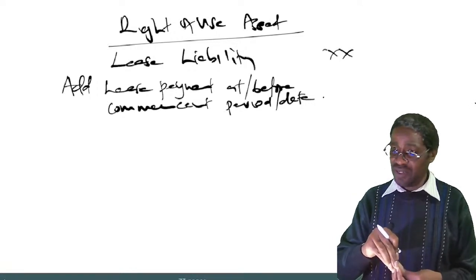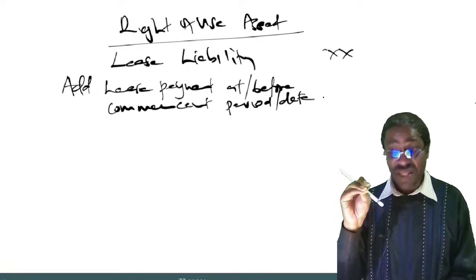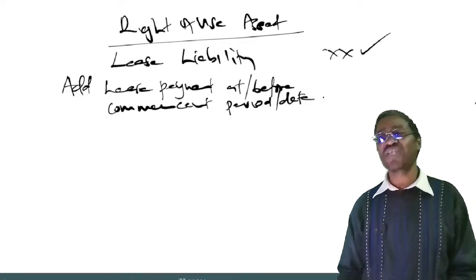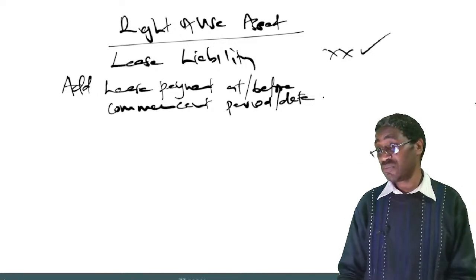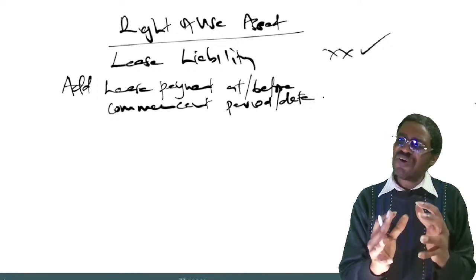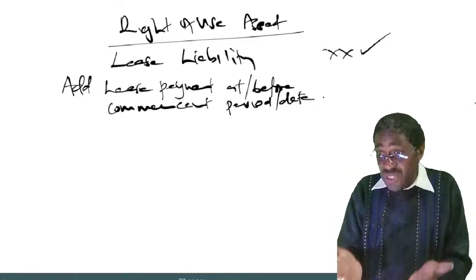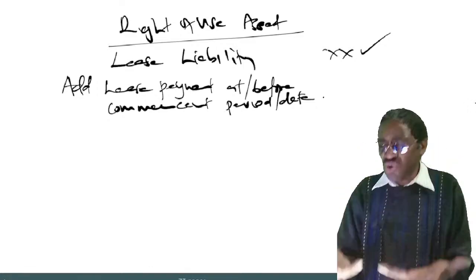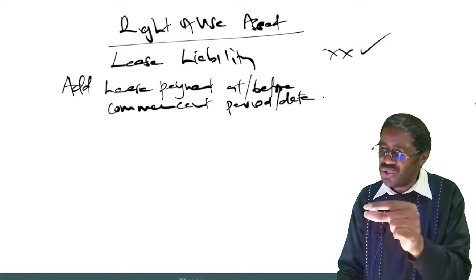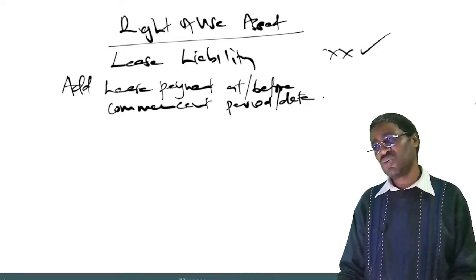So if you are paying your installments in advance, then the first one you are paying today is not part of that value we are calling lease liability. Or in other words, we can call this amount whatever you are required to pay as a deposit. There could be an agreement which requires you to pay a deposit at the beginning or the first installment. Whether it's a deposit or the first installment, that amount was not to be discounted. It is already at the value which is required.